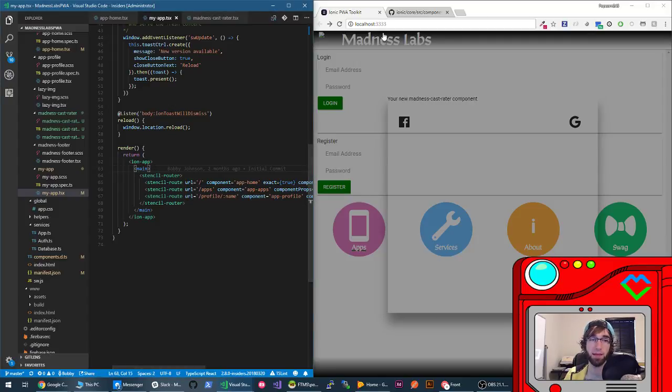So the syntax is slightly different. It's Ion router instead of stencil router. And then we're going to give this guy an ID. And why we're going to do this is I'm going to show you guys how to actually set up the